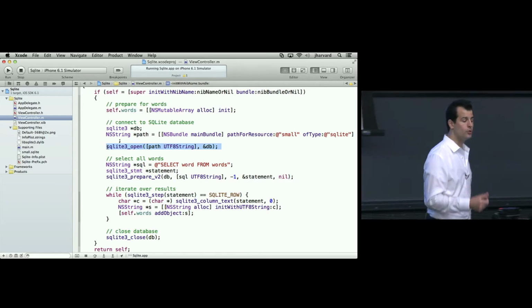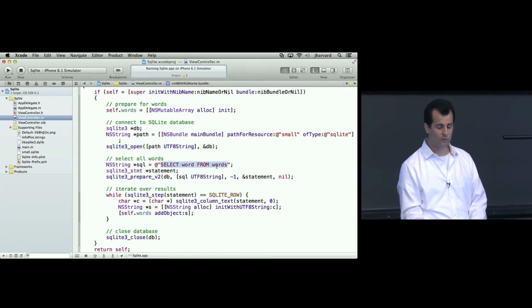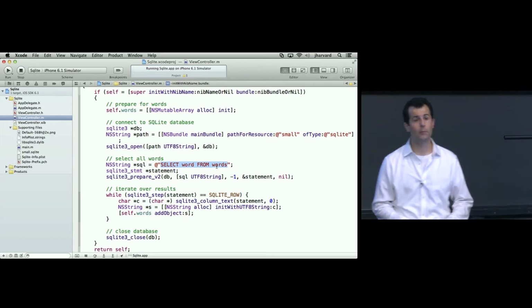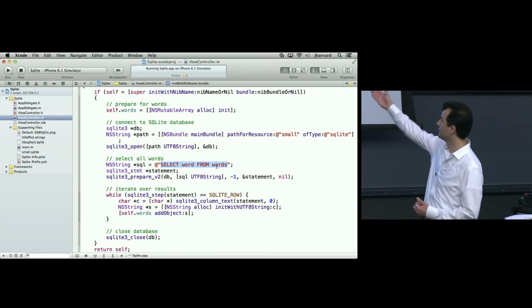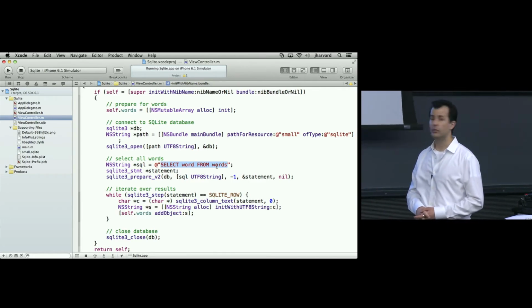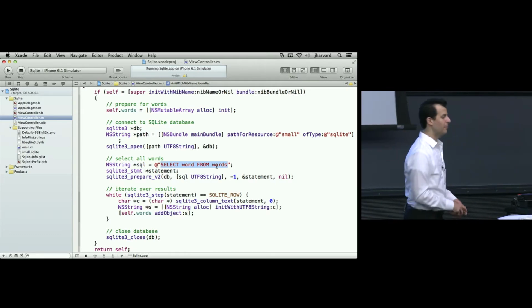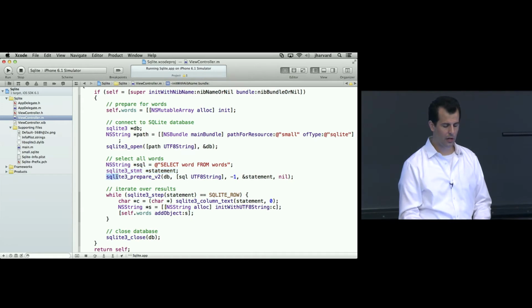I'm selecting all words. So this is what I meant earlier about the expressiveness. This is a SQL query, and this file at the end is only going to have one such query. But again, there's other keywords like delete, update, insert, and yet others. Select is the operative word here. Here I'm declaring an NSString called sql. In the next line, I'm dropping back down into C, declaring a statement. And then in this third line, I'm calling